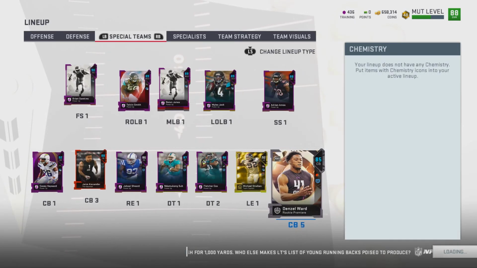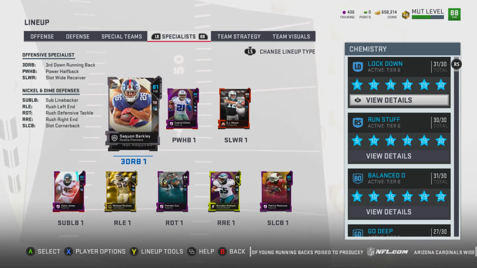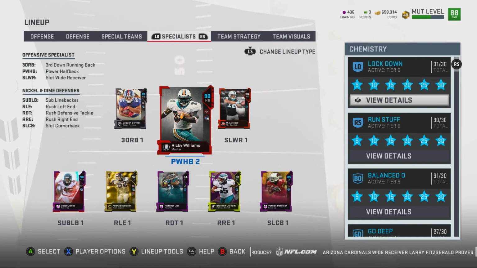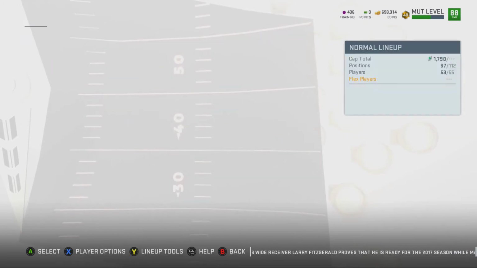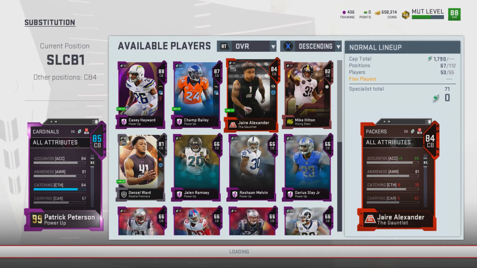But that was Denzel Ward I just showed off. Denzel Ward is probably the best budget cornerback you can have if you are running a really budget team and you don't have cornerbacks that hit thresholds in terms of man and zone coverage. I would say pick up Denzel Ward because he's got 90 speed, and I have him as a slot corner substitute. He's got 90 speed, really high agility, really high catching, and he's also really good in run support as well. So I would say pick up Denzel Ward. And also he played for my favorite college football team, the Ohio State Buckeyes, so that's another reason why I